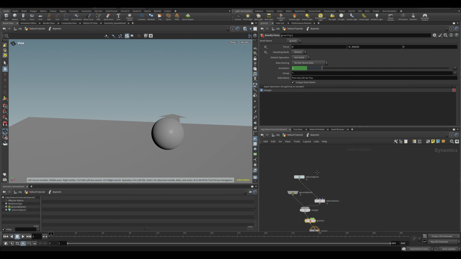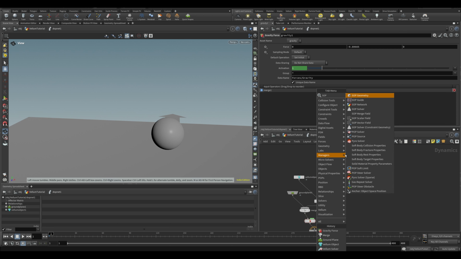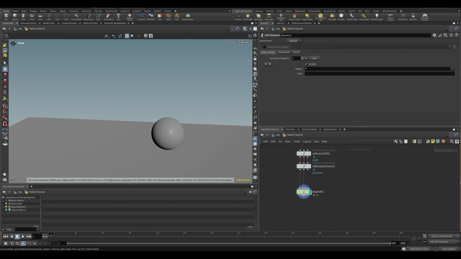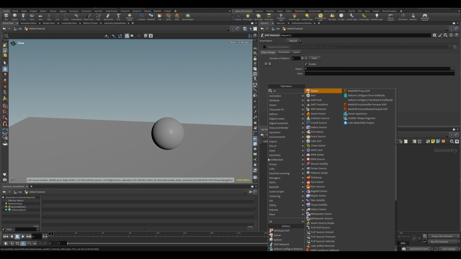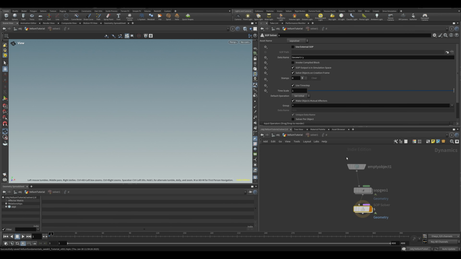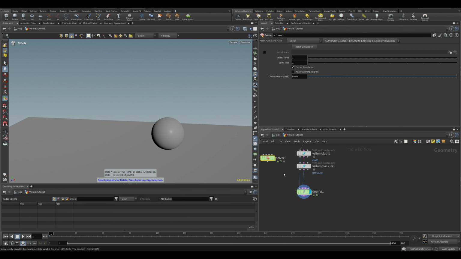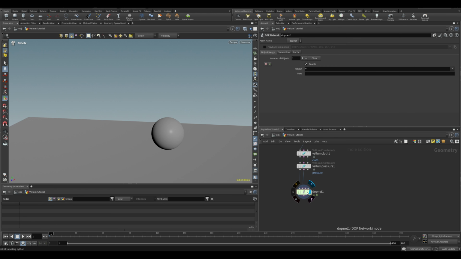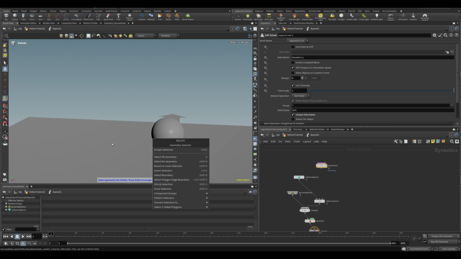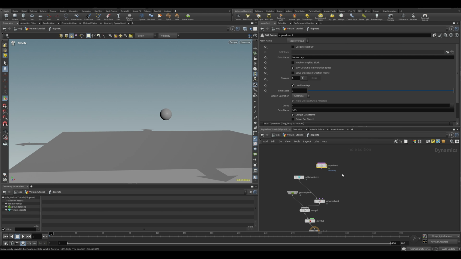So you can make a SOP solver inside of DOPs. Actually, if you make the one over here, it's in a DOP network. You can see in here, this is a SOP solver in a DOP network. So pretty much the same thing. So if you go in here, get a SOP solver, and this SOP solver allows you to manipulate geometry